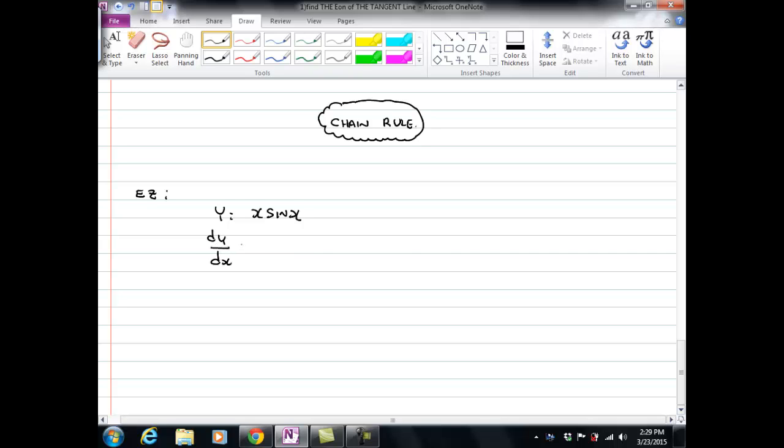Notice I'm using different ways of showing derivatives. You have to be comfortable with all the symbols of a derivative. Go, find dy dx. Most of you should be at the point where you can just write out the answer just by looking at the question. Chakshi, what's the answer? Cos x plus